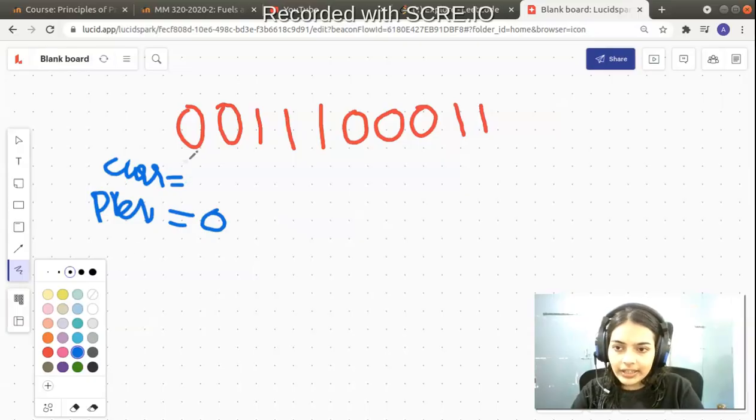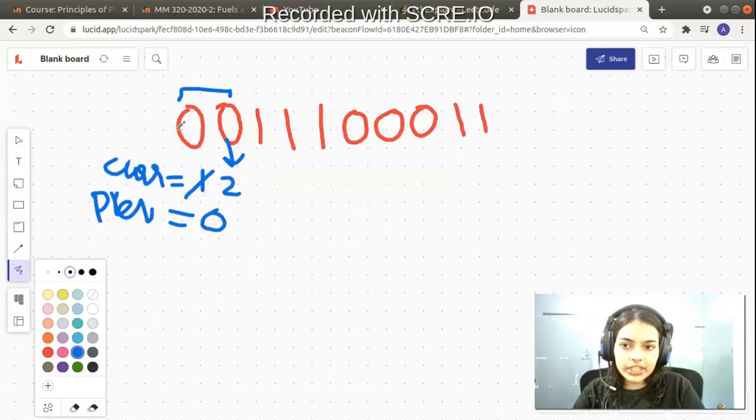So initially the current variable is 1 because there's one element, so one block. Okay, let's go forward. Next time when you are iterating over this particular element, now current is 2, right? In place of 1 we will change it and make it 2 because we have found two elements grouped together, two zeros are grouped together. So initially only there was 1 0, now we have found one more 0, so current is 2. Okay, now let's go to the next element.